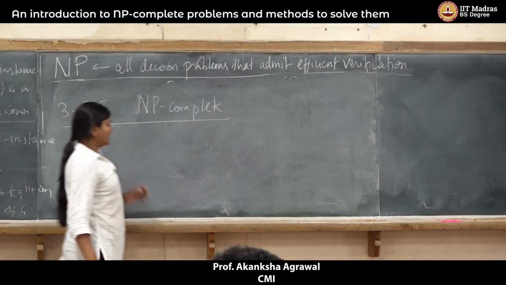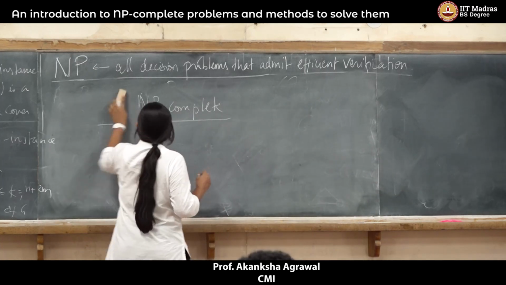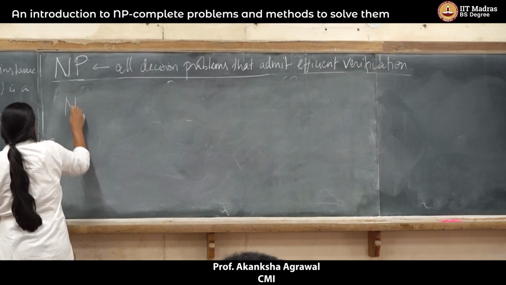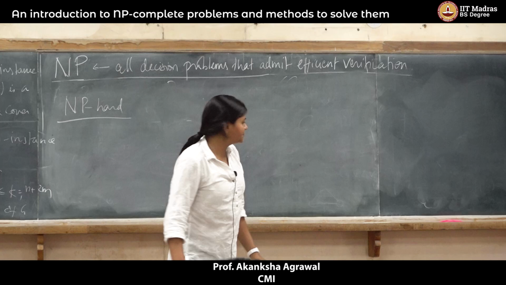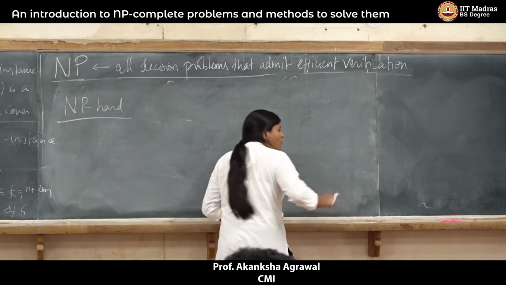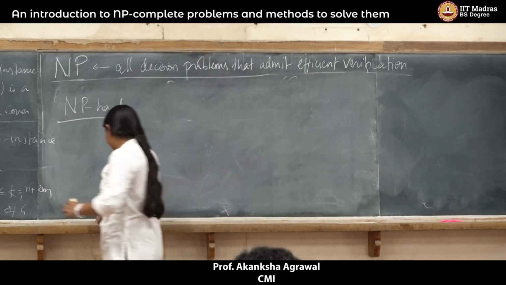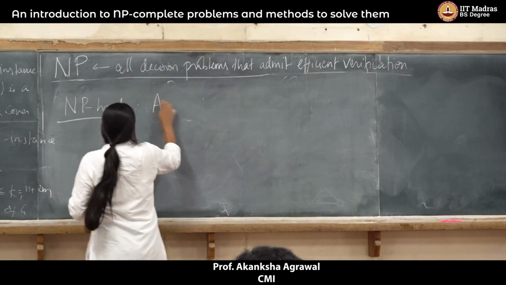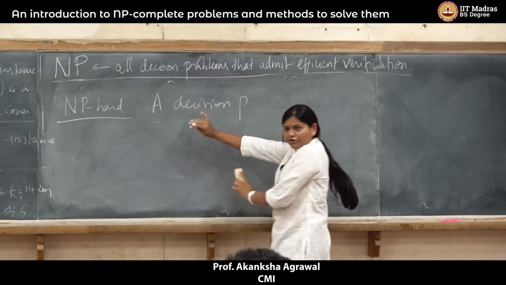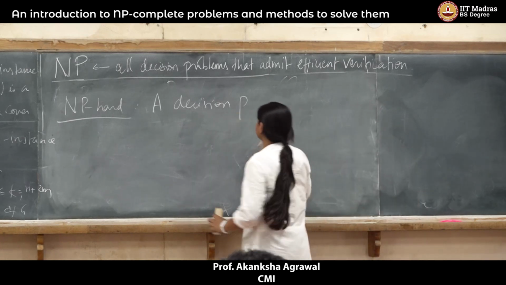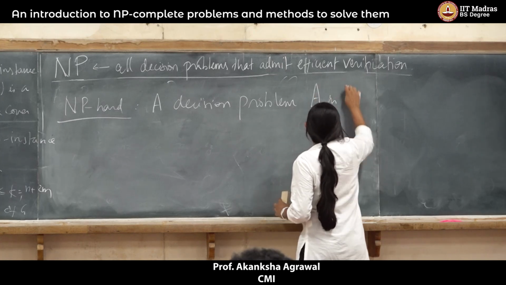So whenever we say that, let me define NP hard first, okay? So what we mean by the class of problems which are NP hard problems. These are those problems... so a decision problem. Actually it does not need to be a decision problem, but for now, since we have only seen decision problems, I'll state it this way. Decision problem A is NP hard